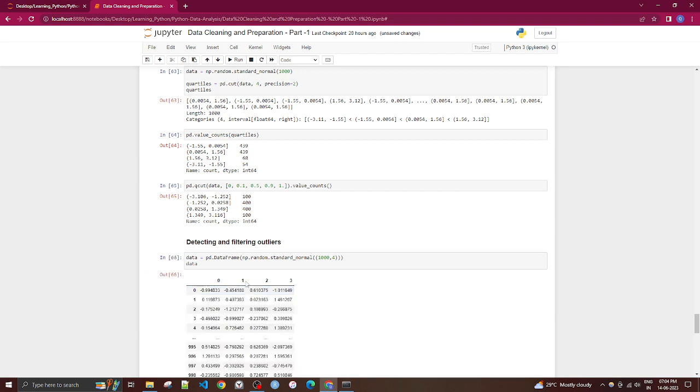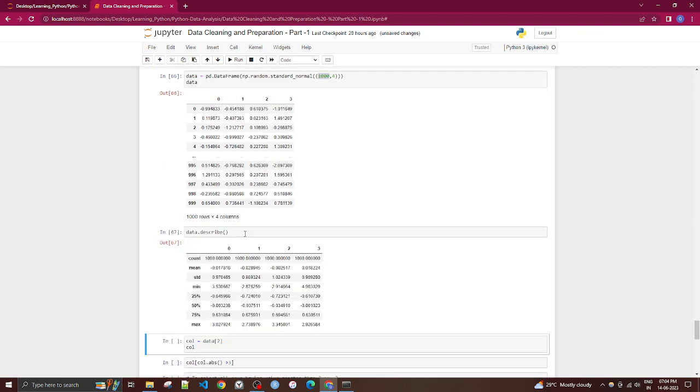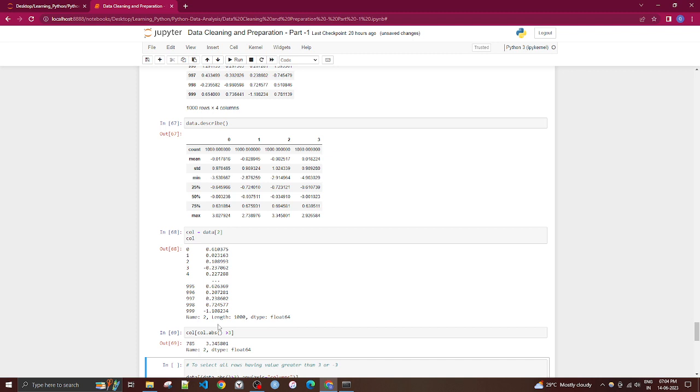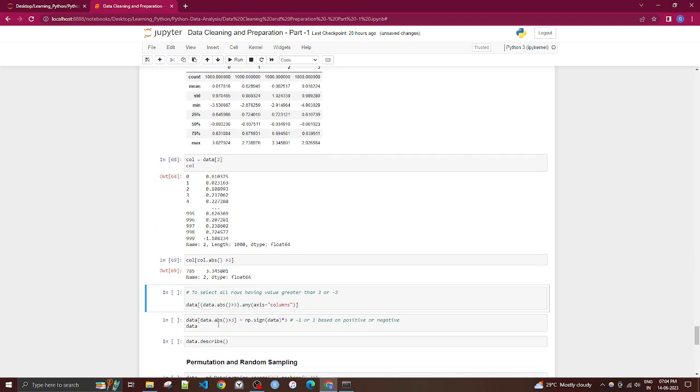So let's say we are creating a random normal from the standard normal, a 1000 by 4 matrix, and let's see what this is. The maximum value you can see is more than 3 right here, and if you want to see data greater than 3, let's do that. In the column we are making it absolute, so converting negative values into positive and checking if it is greater than 3. So we can see there is one value which is greater than 3,